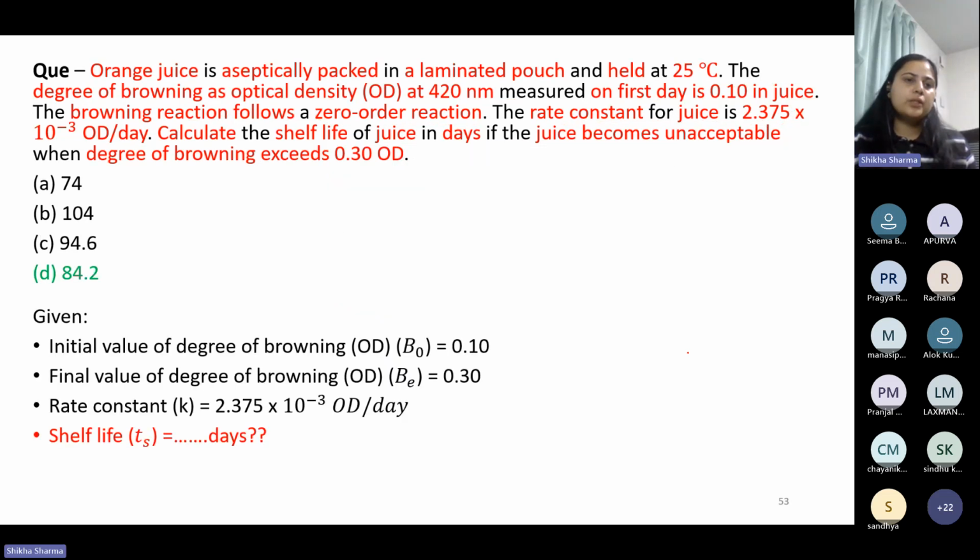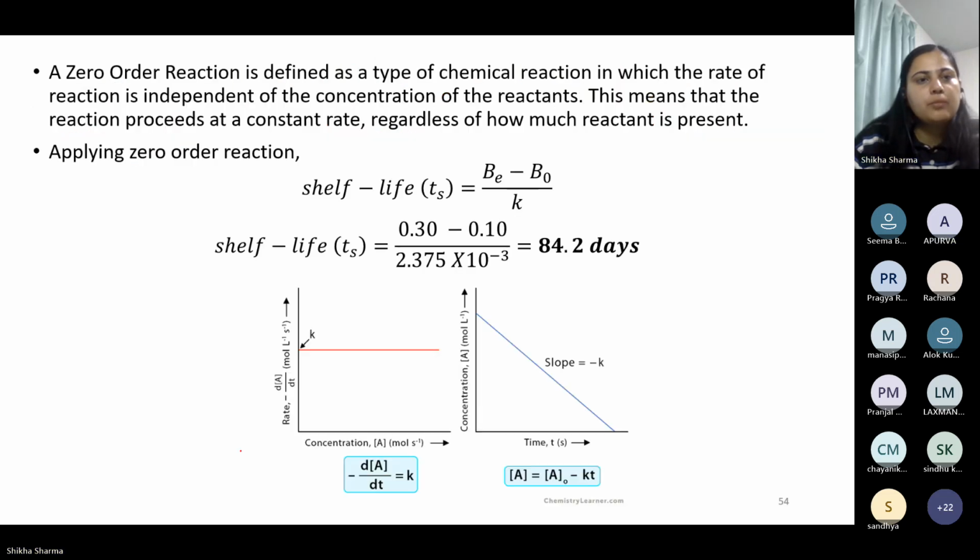So let's solve this question. Given is the initial value of the degree of browning at OD 0.1, the final value is 0.3, and the rate constant is 2.375 into 10 to the power minus 3 OD per day, and we need to calculate the shelf life in days. So zero order reaction is defined as a typical type of chemical reaction in